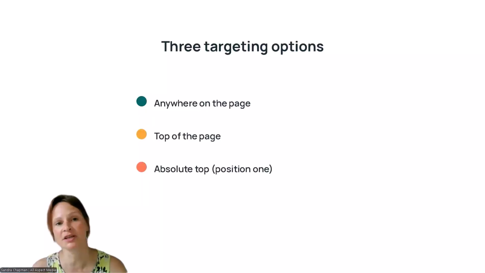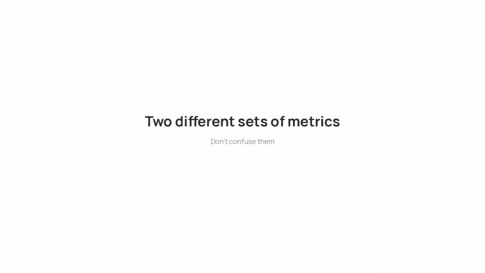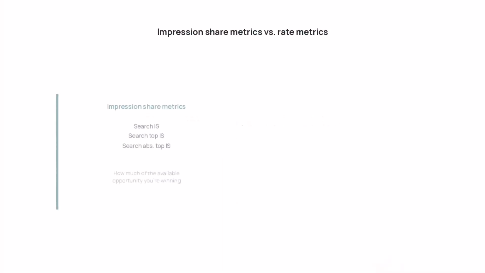Now, each one is measured against a different pool of searches. A strong search impression share doesn't necessarily mean that you're going to have a strong top impression share, for example. They are separate metrics, so you need to look at the one that matches the placement that you're actually trying to target. There's also another set of metrics within Google's platform which shouldn't be confused with these, and they are